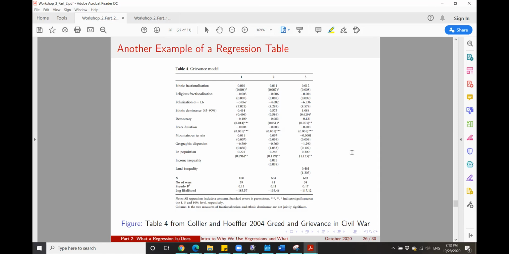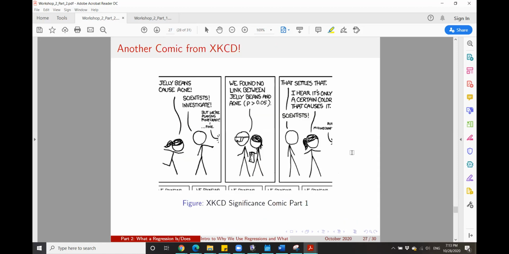I think that's more or less the goal of what was to be covered for this meeting. So here's another comic from XKCD. I'll give you a moment. I'm not about to read a comic out loud to you guys. This is just the first part, by the way. This is one of their longer comics, so